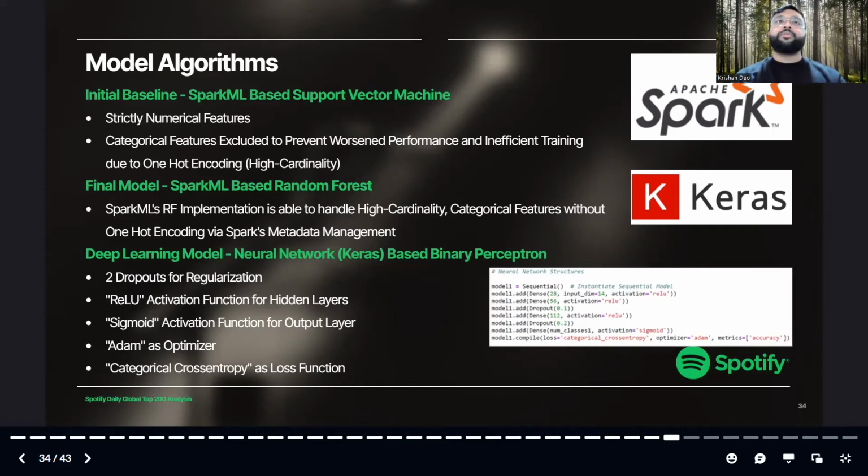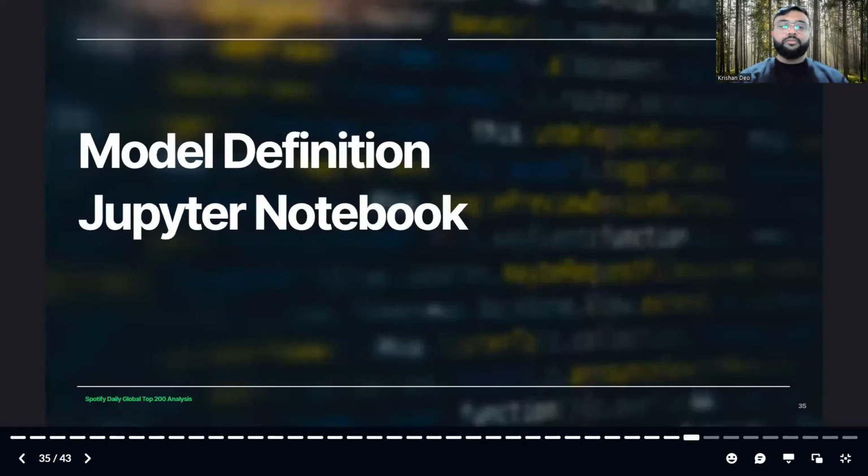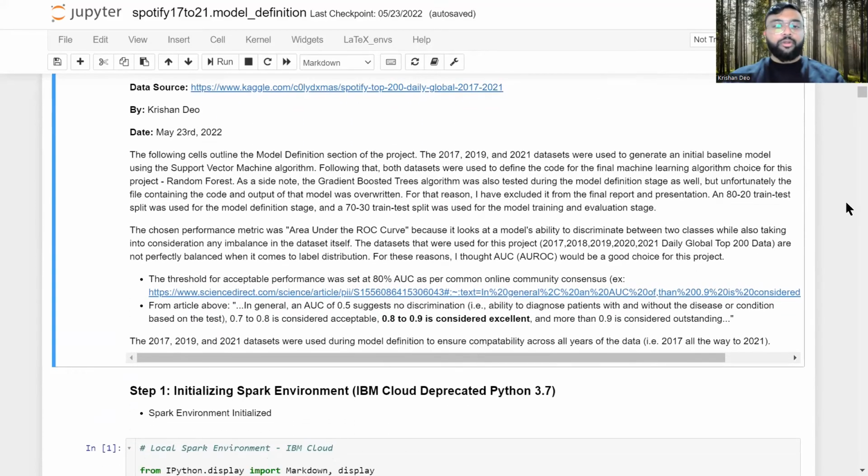Finally, a simple binary perceptron with the shown configuration was used as a deep learning alternative. An 80-20 train test split was used for model definition, and then a 70-30 split was used for final training and evaluation. Here we can see my second notebook, the model definition stage,